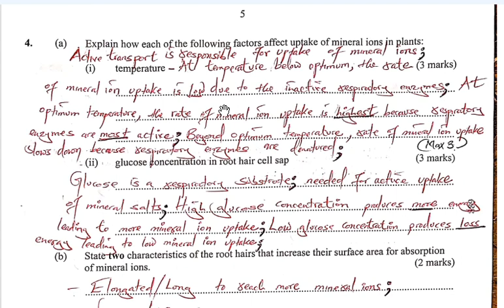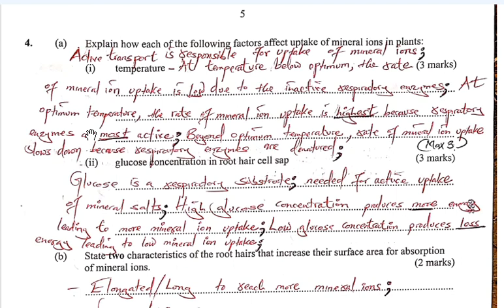It means when you affect respiration, you have affected uptake of ions due to the active transport, which requires energy. Then at optimum temperature, the rate of mineral ion uptake is highest because respiratory enzymes are most active. And beyond optimum temperature, rate of mineral ion uptake slows down because respiratory enzymes are denatured. That is like they are